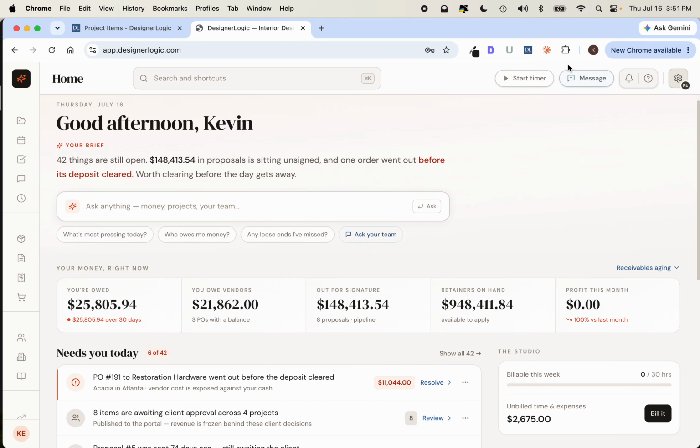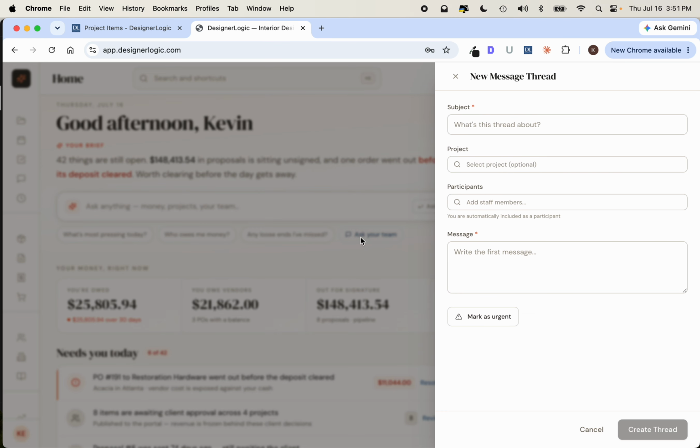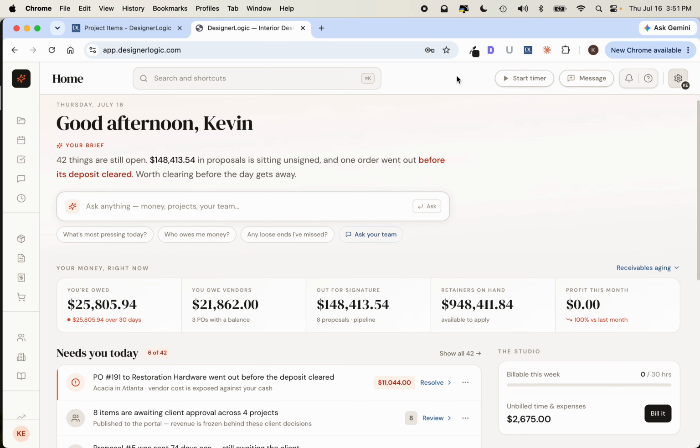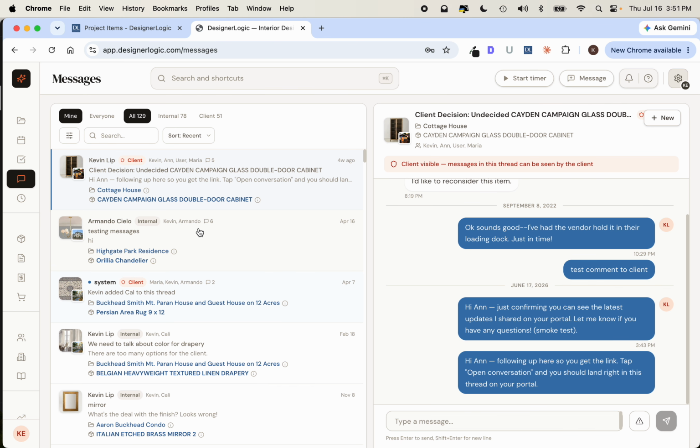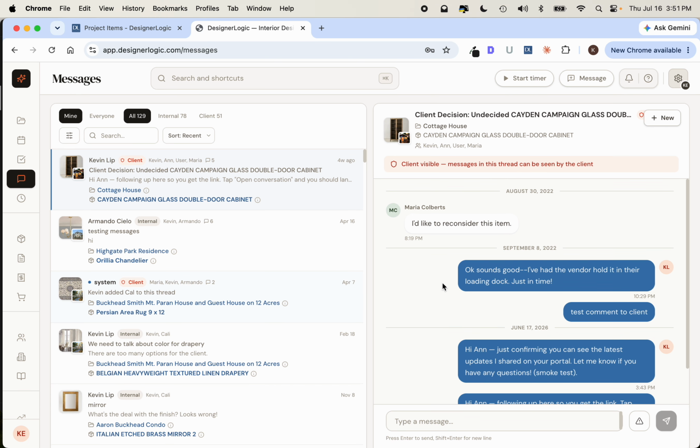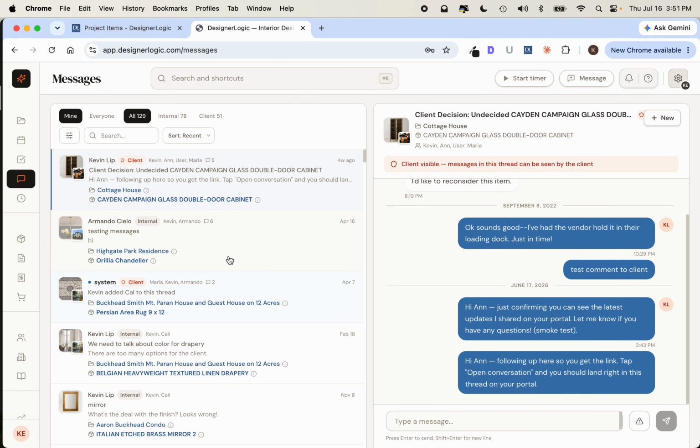They'll get a little notification up here that they have a message. You can also click the Ask Your Team button anywhere to get to that, and that will message your staff back and forth. And you can see all your messages in the message section here, and you can see that you can preserve all of the